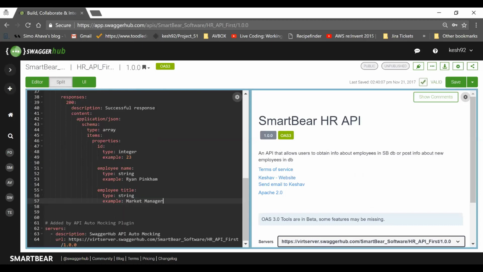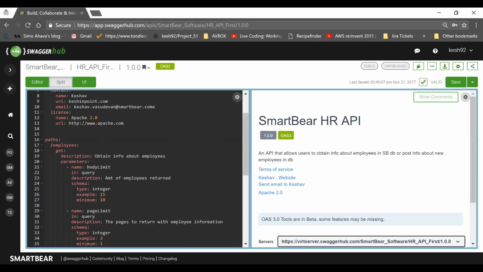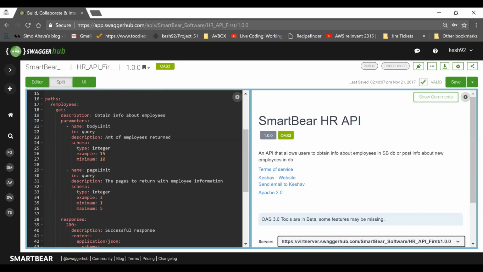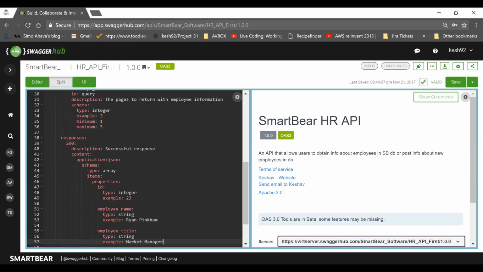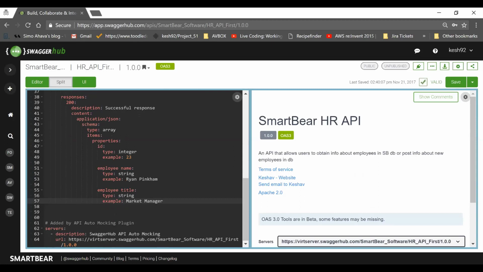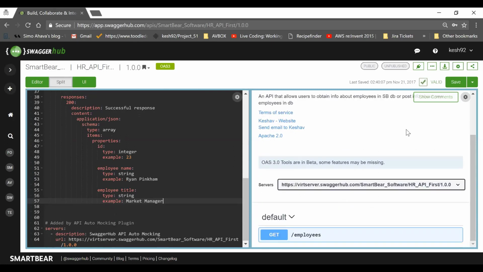Right? So what did I do? First I defined the resource, which is the employees over here. I defined the method under this, which is the get method. I described what this get method is, and then I defined the requests that a consumer needs to put in, so the parameters. Here I defined two requests, one that allows users to specify how many employees they want returned, and the other to specify how many pages they want this returned in. Finally, I define the responses as well. And over here, I define what a successful 200 response is, and exactly what those objects are. Right? I click save,